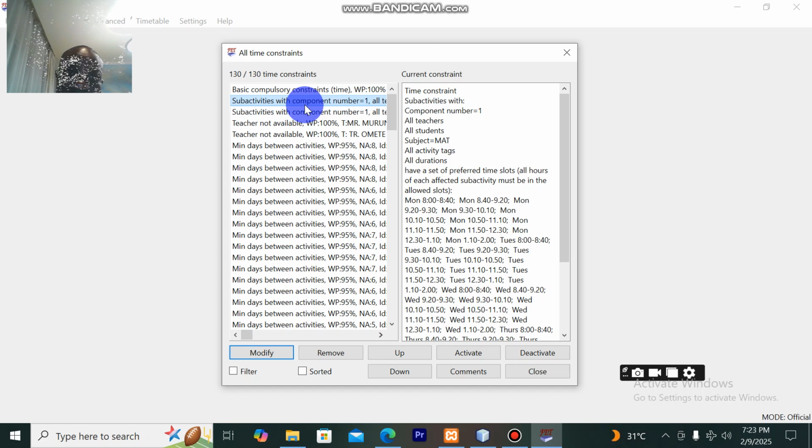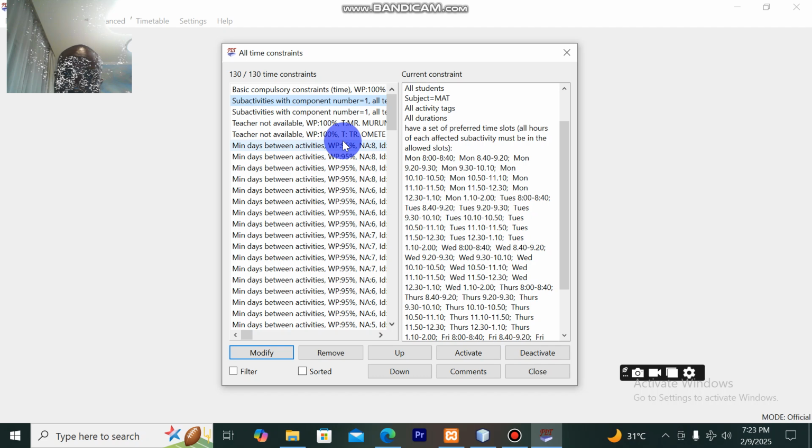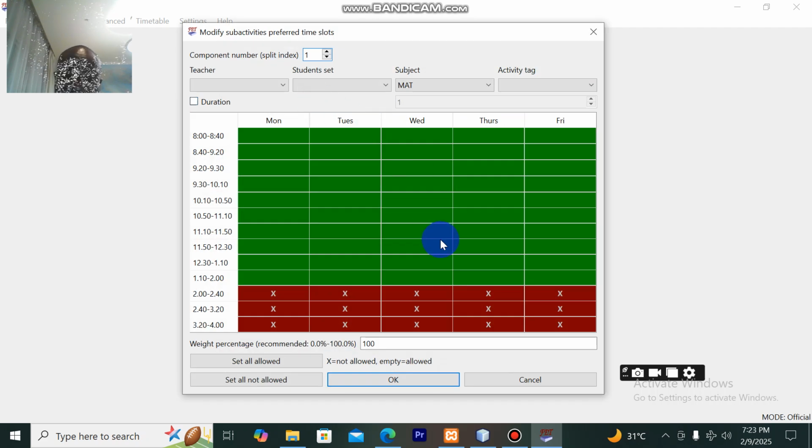And then we have another constraint of subactivity math. When we open this particular constraint, you can see we have cancelled out mathematics in the afternoon. What this means is that you can choose a subject and cancel periods when it's not supposed to be held. Even a teacher, maybe a certain teacher has issues teaching in the afternoon and this has been approved by the school, you just cancel out that teacher, the whole of that